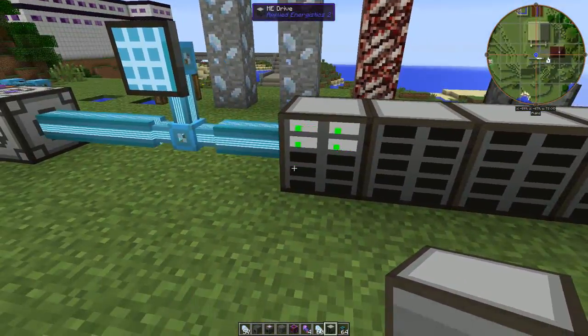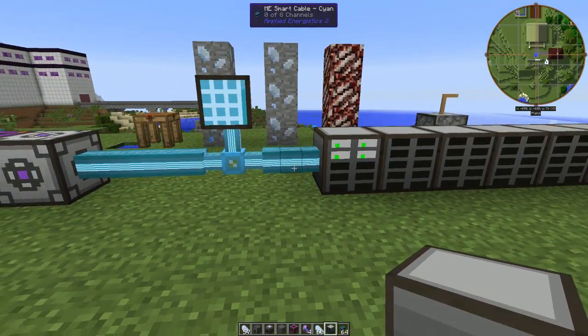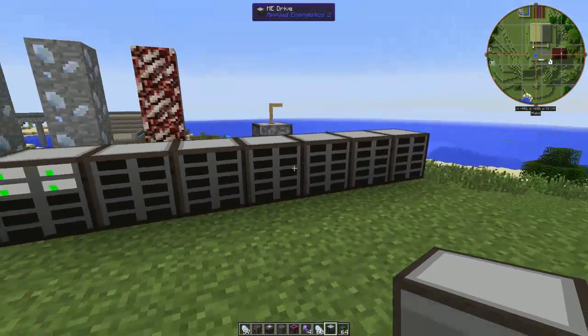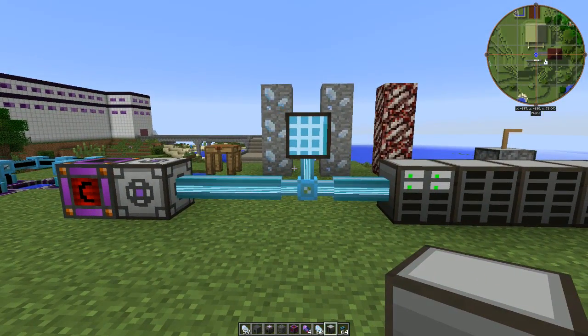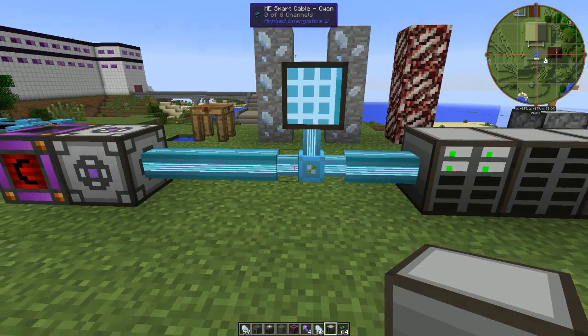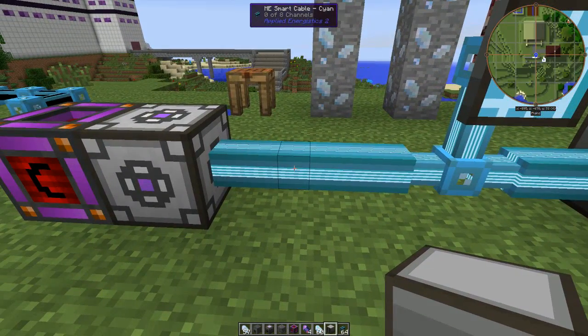Okay, so you could have 7 of those going in a terminal. It's fine. That could hold a lot of stuff if those were full of cards. But most people again have bigger systems than that. So what do you do then? Well, you need to use